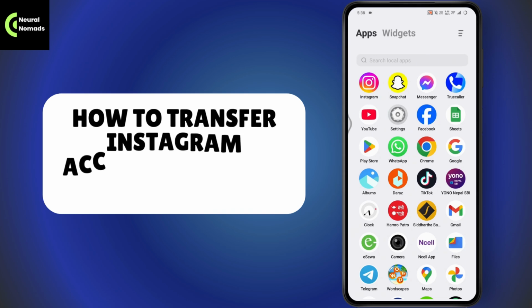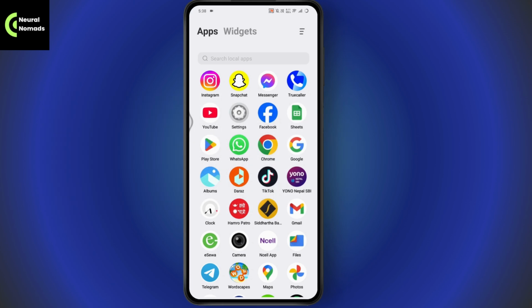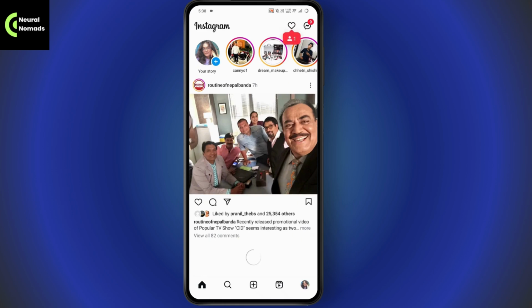How to transfer Instagram account from one phone to another. So if you want to transfer your Instagram account from one phone to another, then first you need to open up your Instagram application. Once you open up your Instagram, now you just need to simply go to the profile,